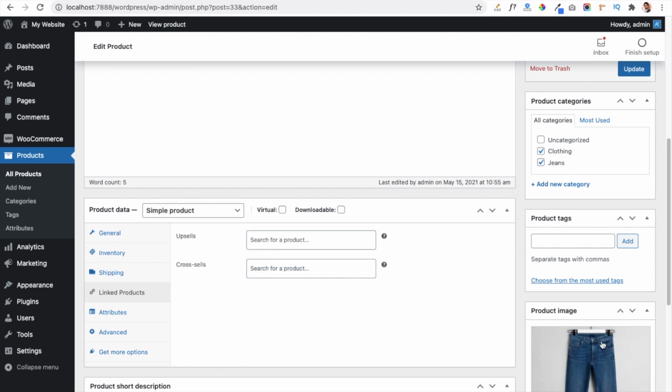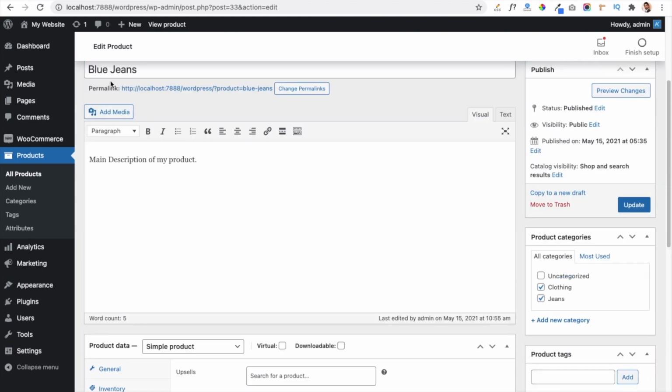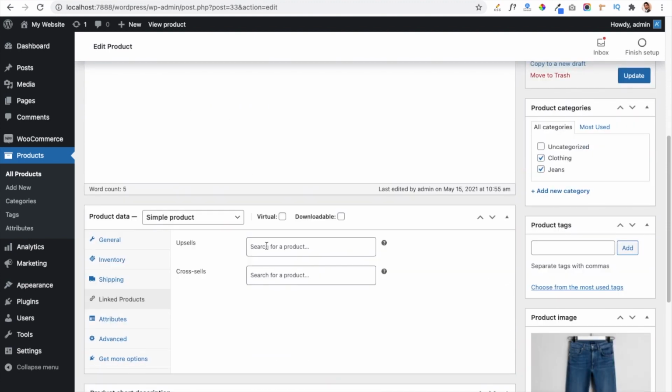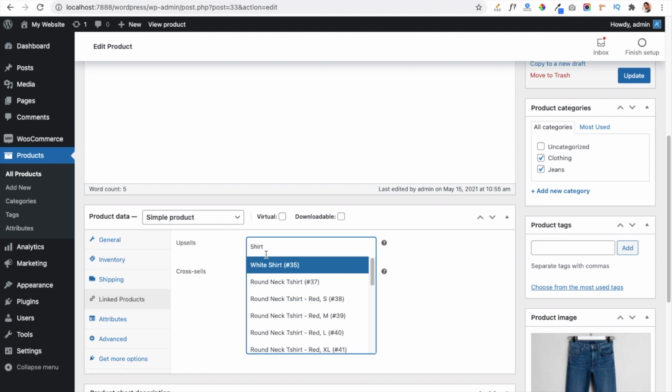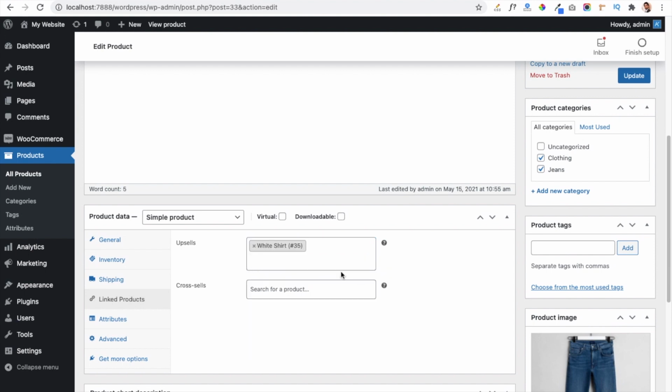product. So as you can see, this is our blue jeans product we created in the previous video, and we are going to select another product which will relate to this product. So with jeans, someone wants to buy a t-shirt or a shirt, so I am going to select a shirt and it will give the list of available products in my product section. So this is the white shirt product. I am going to select this product, and just after selecting this product you can add multiple products in your upsell section. So now we are going to update this product and then we will see how it is looking